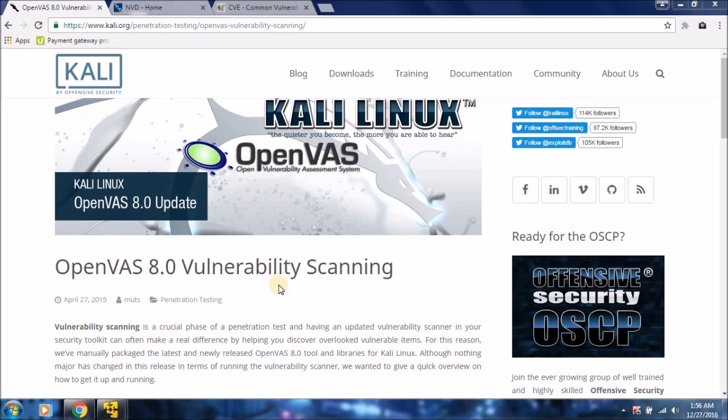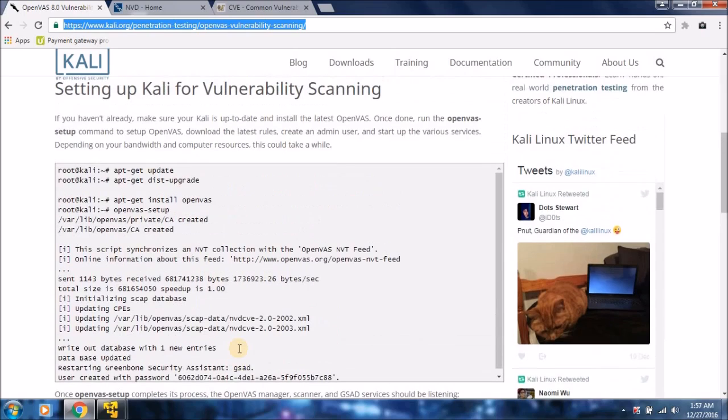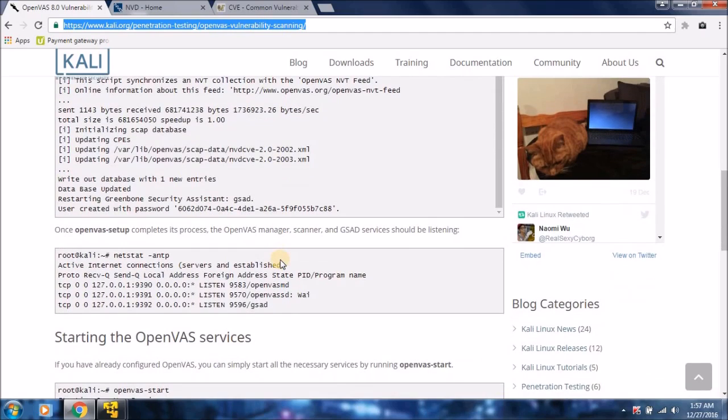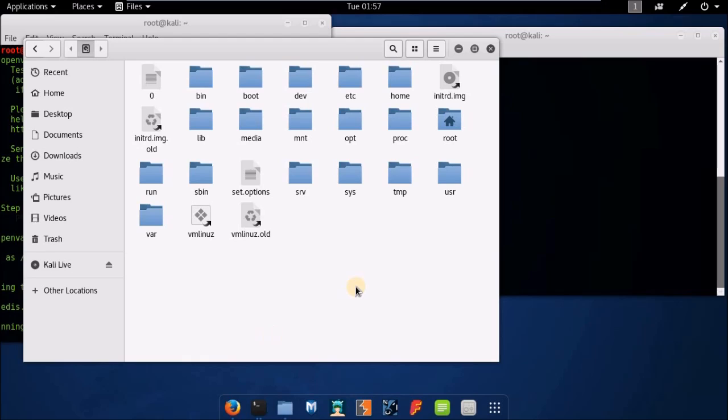This open source tool, OpenVAS, you can download in your Kali Linux using this URL. Follow this URL and you can install it on your computer system and the Kali Linux box. I will skip this installation process because it will take a lot of time. So using these options and the instructions provided on the kalilinux.org website, you can find and install it on your computer systems easily. But going through these installations,